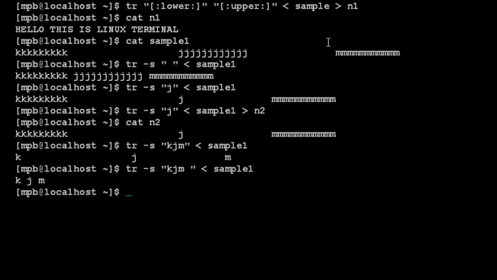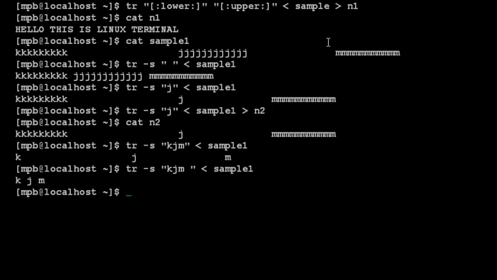So here by using that string, or you can say the combination of multiple alphabets and space, you can squeeze so many characters and so many spaces in one occurrence of alphabets, characters, digits and space. So this is all about the second use of the tr command. The last use is to delete the particular character or the space in the file.